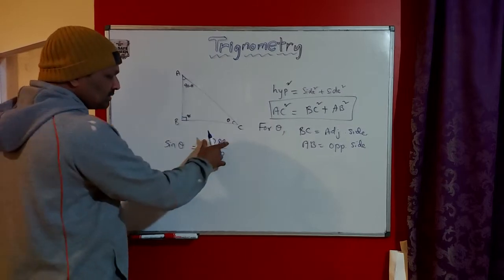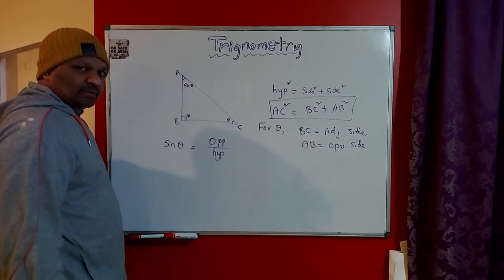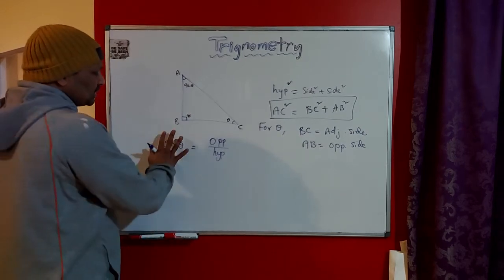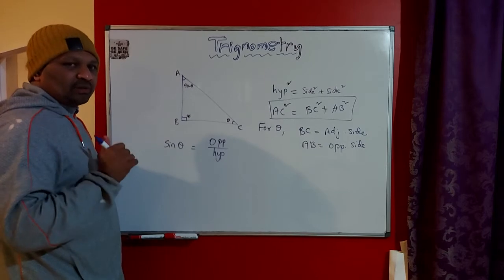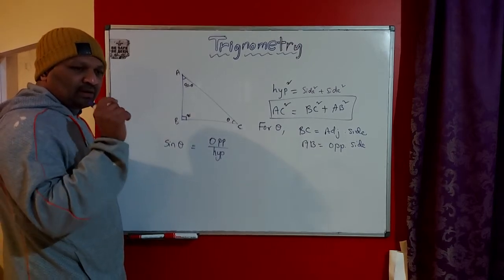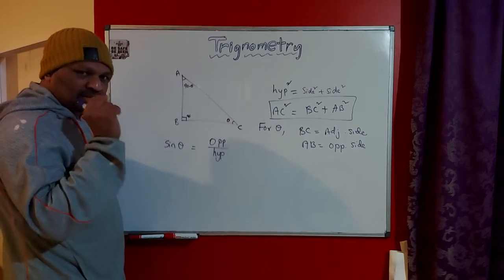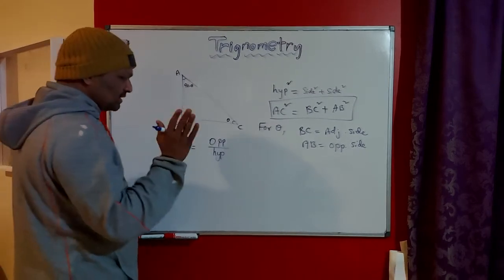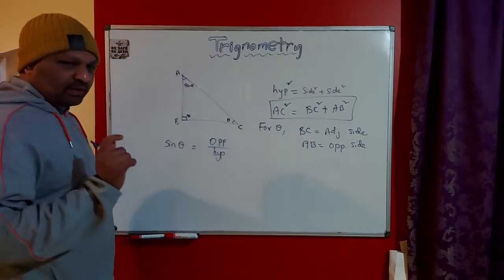What are the units for this one? Op by hypo? There are no units. No trigonometric ratio will have units. There are no units for any trigonometric ratios. It's simply a ratio. A ratio means a number. Number means a decimal number. It can be a number or it can be a decimal number. It's simply a number.